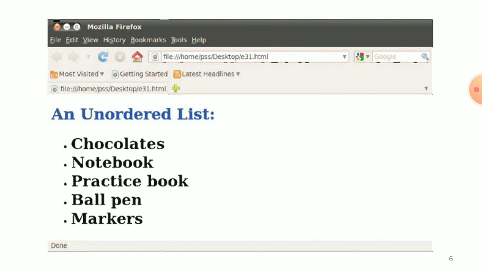First is an unordered list, font color equals to blue, and that is the heading, that means h1, and then chocolate, notebook, practice book, ball pen, and markers.